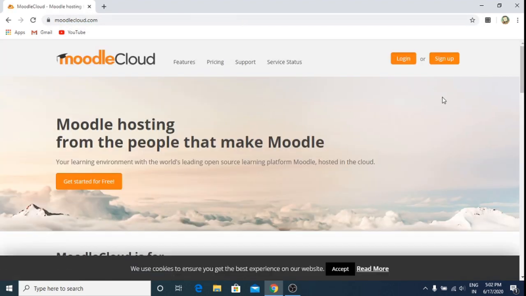So this Moodle Cloud is available as a free version for a trial of 45 days. It allows 400 MB storage and 200 maximum users for the free version, that is the 45-day trial period. After that, you need to select any of the plans available here under the pricing section. On my right hand side, I have the option to sign up and log in. Since I already have an account, I'll go with login. I click on login.